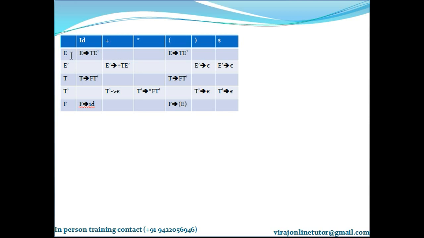If E is on top of the stack and input is asterisk, it will read E comma asterisk, which is nothing over here. If the next input character is open bracket, it will read E comma open bracket, that is this part. If close bracket is the next input character, it will read this part. If dollar is the next input character, it will read this part. Are you all getting it?